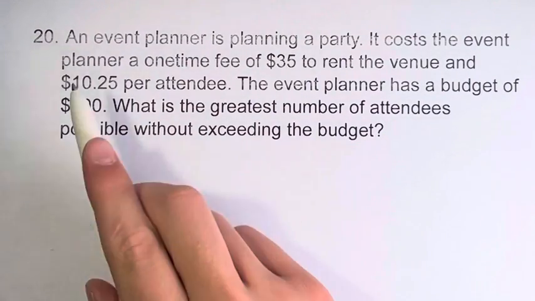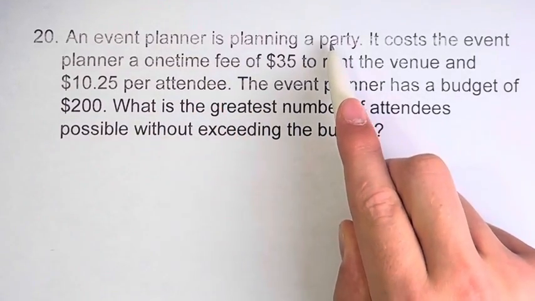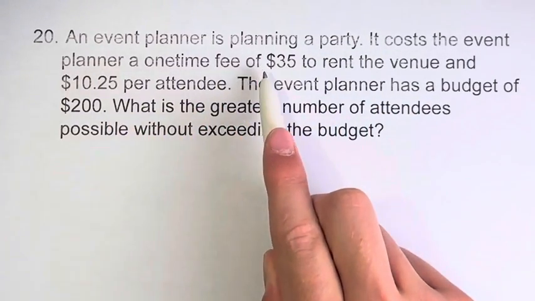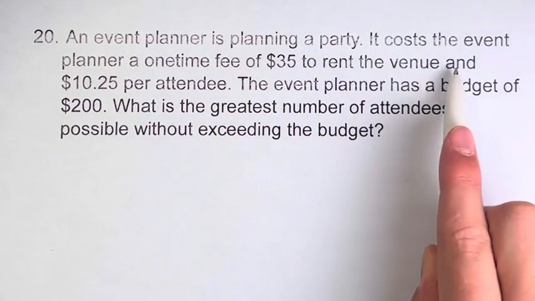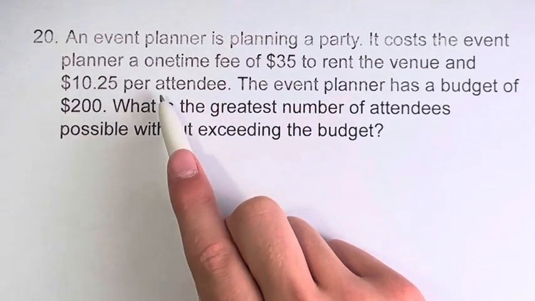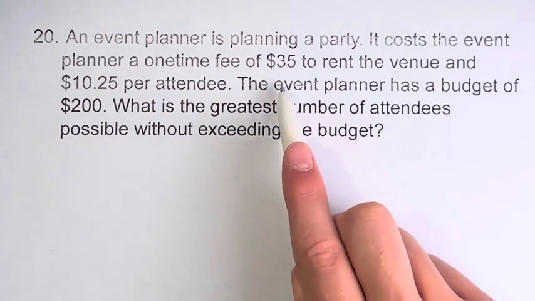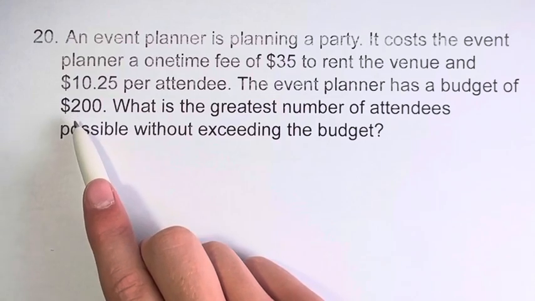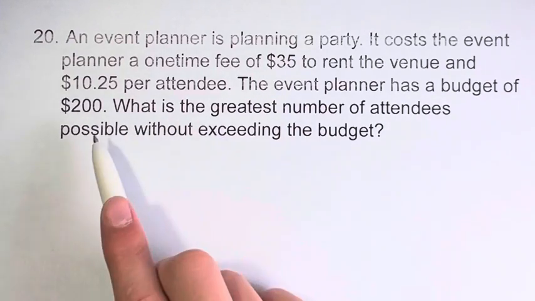In this problem, we're told that an event planner is planning a party. It costs the event planner a one-time fee of $35 to rent the venue and $10.25 per attendee. The event planner has a budget of $200, and we're asked what is the greatest number of attendees possible without